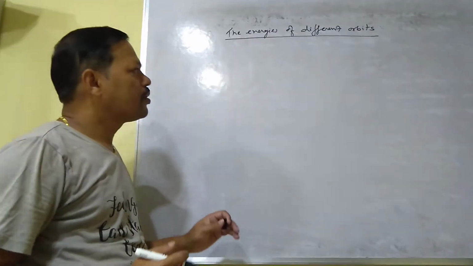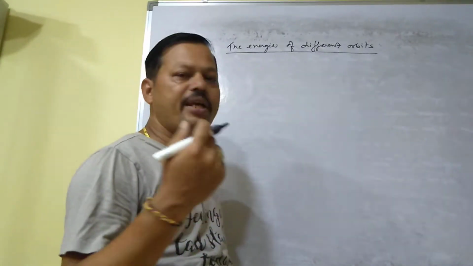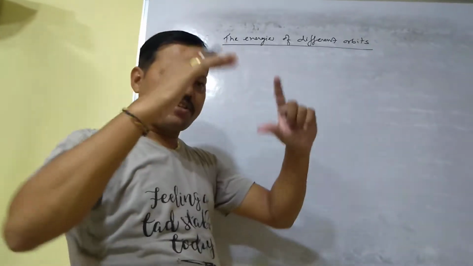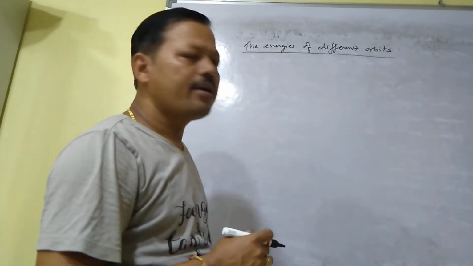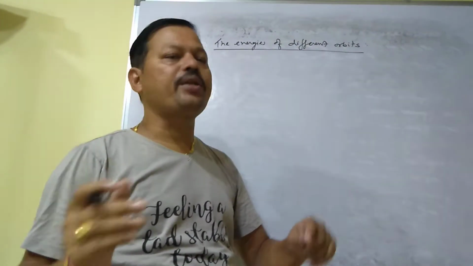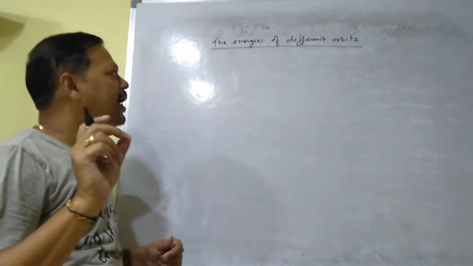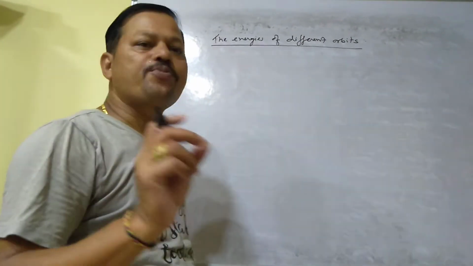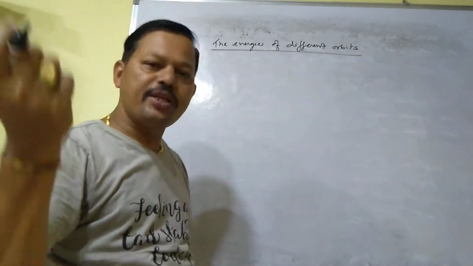Okay, as you have got, each orbit contains a definite amount of energy, and that is why they are also said to be the energy states. First orbit contains a definite amount of energy, second orbit contains a definite amount of energy. So if you want to find out their energies, what is the energy of first orbit, what is the energy of second orbit, there is a formula to find out the energies of different orbits. But this formula you can apply for hydrogen atom only, or hydrogen like particle.